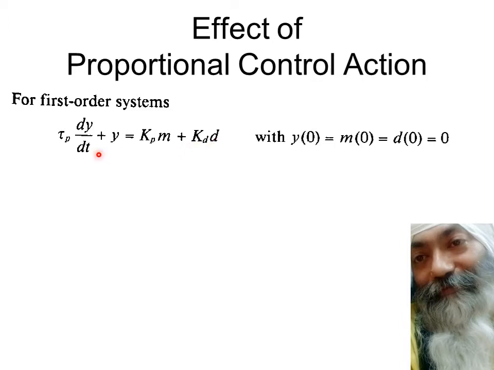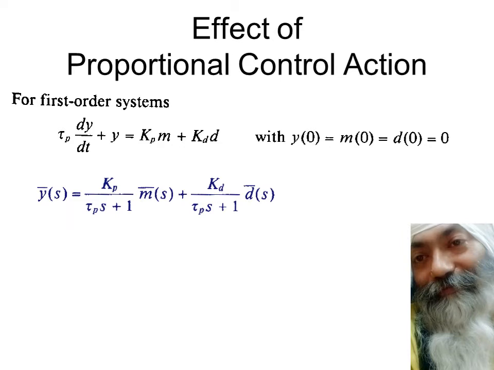We have not explicitly shown, but you can see there's an invisible bar over here and a bar over here and a bar over here and a bar over here, it means that all those things are taken in terms of deviation variables. Why? Because you want the initial value of y bar 0, m bar 0, d bar 0, etc., etc. They all are taken at 0 because the initial stage is a steady state. This is what we have been telling you for n number of times.